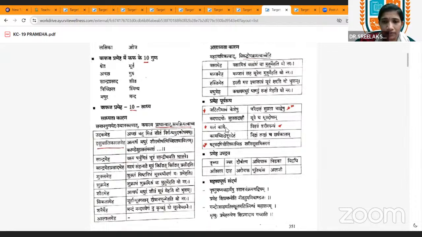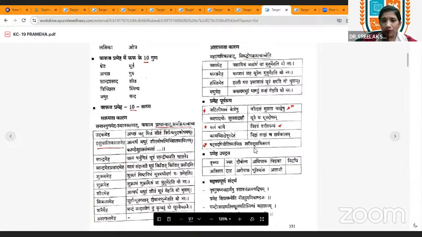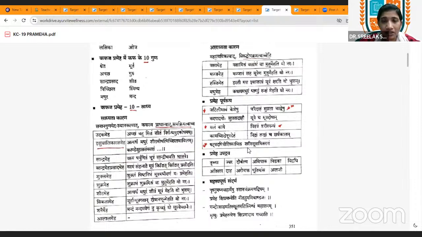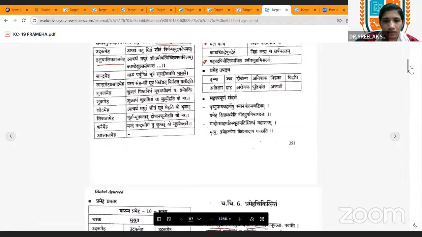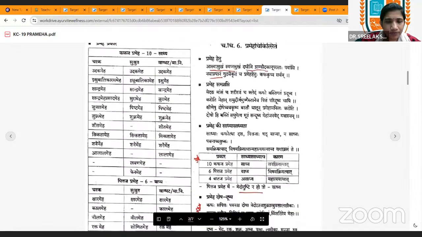Okay, and Shatpada Pipilika Sharira Mutra Abhisarana. That is a very important Purvarupa of Prameha. Okay, so they have a sensation of some ants or insects creeping on their body. Okay, so that is an important symptom. Then so next point, that is you will get a clear idea about which meha is mentioned and which is not mentioned by Acharyas. Okay, so you can refer to this table.